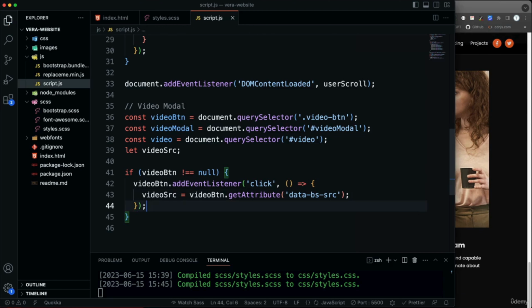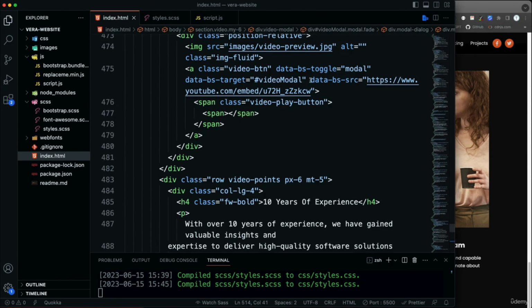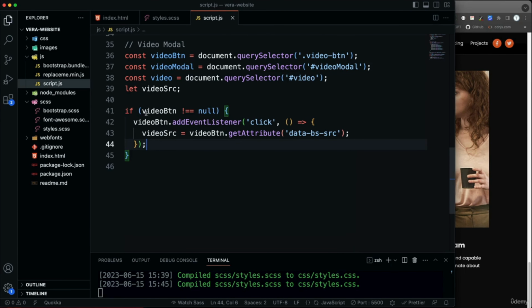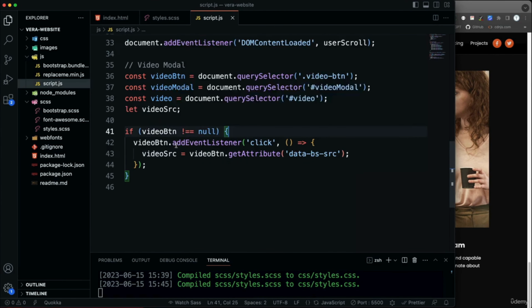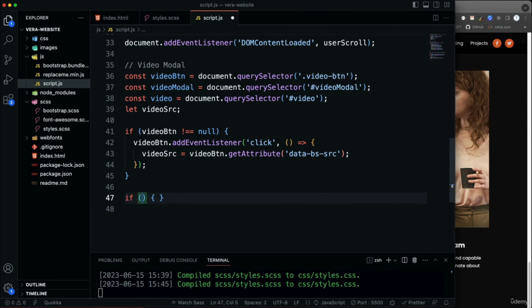Okay, so that's the first step. And just to show you right here, this is what we're getting, this attribute which has the video URL in it. So now we're going to go after that if statement, and then I'm going to check for the modal. So let's say if video